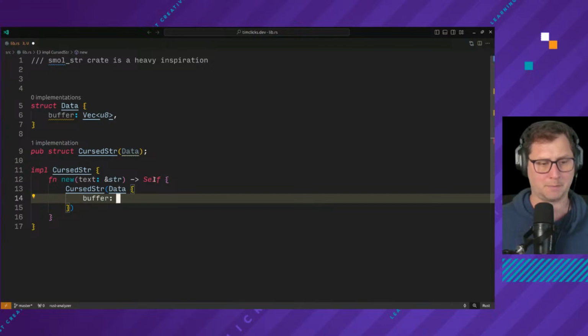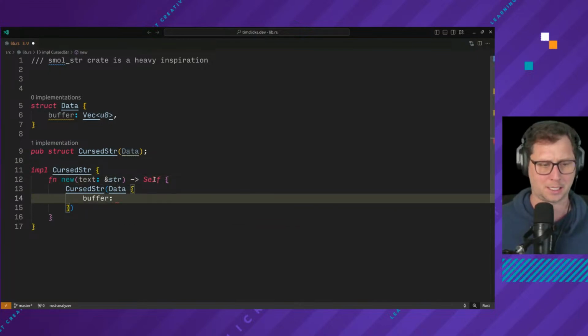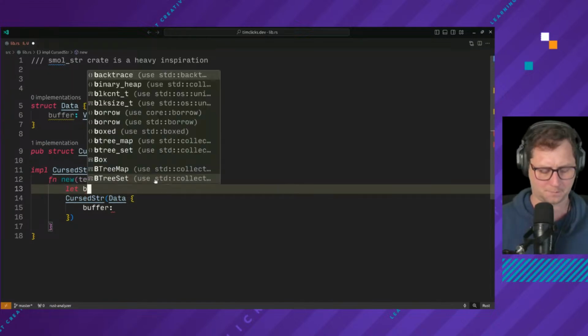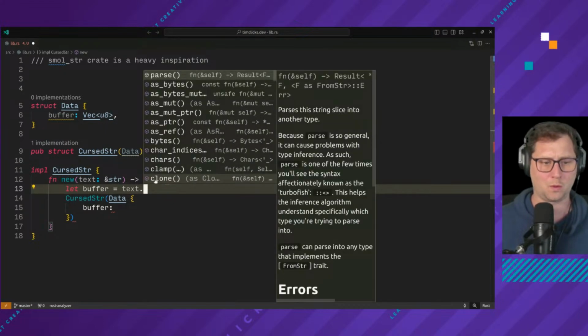And buffer is a variable, which is a vector of u8, which I can recreate from a string slice by asking for